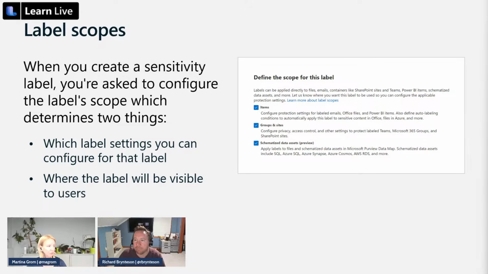And if we look at that, we see here we can just click on all or just one of them. So for instance, you can use different sensitivity labels for your files and other ones which just apply to your Microsoft 365 groups or to your Microsoft Team.